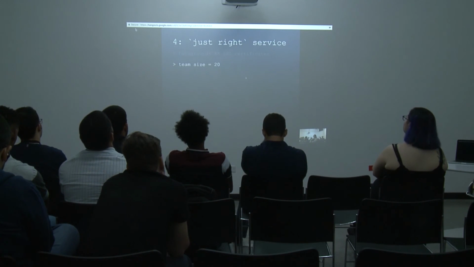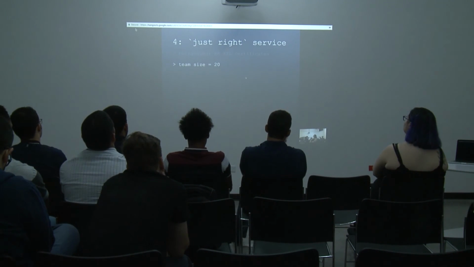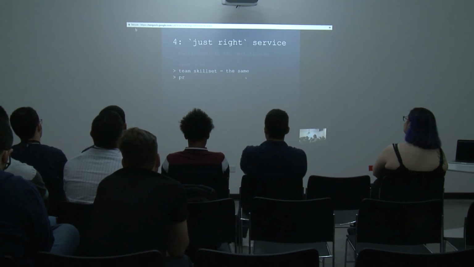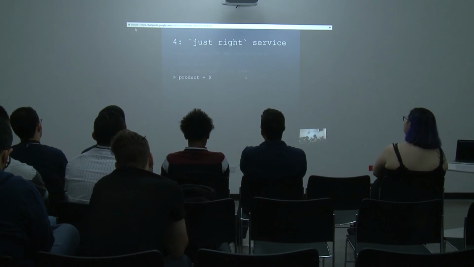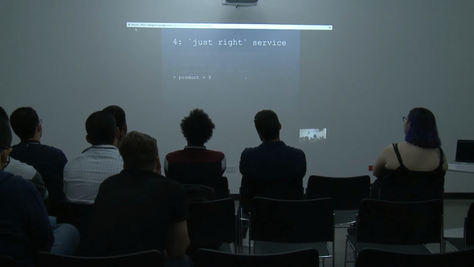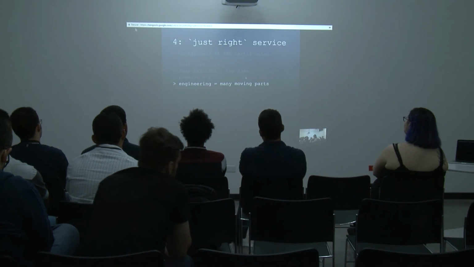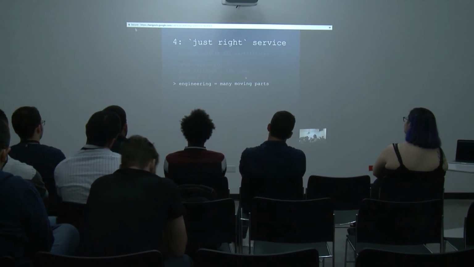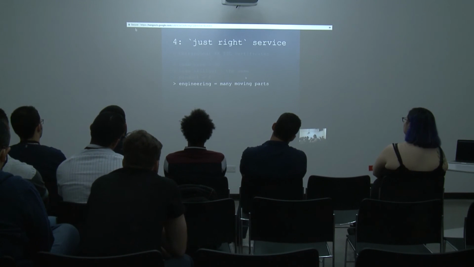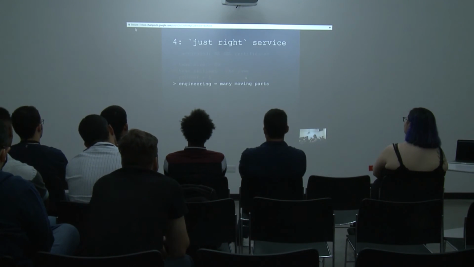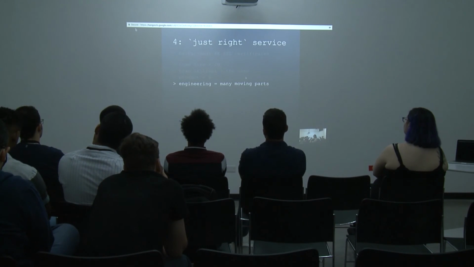At this point, our team size was a little bit larger, probably about 20. Our skill set was roughly the same. From a product and business need, we knew that the cost of certificates alone could be millions, let alone the cost of implementing and maintaining all of these certificates by hand. From an engineering perspective, there were a lot of moving parts around keeping SSL certs up to date, and it was clear that we didn't want to rely on